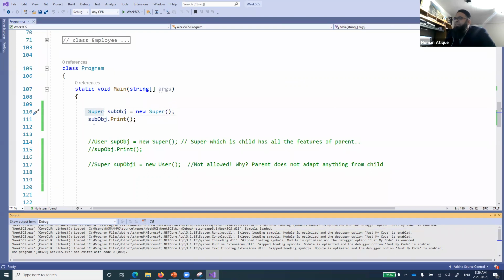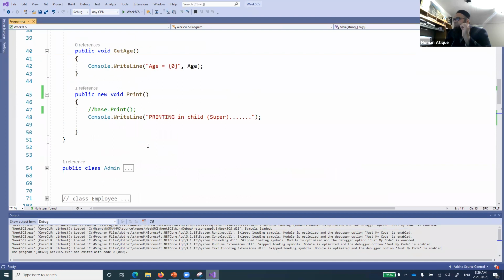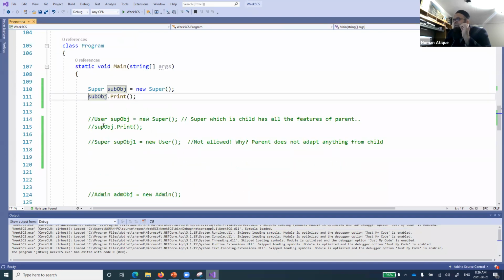So the other way of accessing that, again, we have discussed two ways. One way was to use the base method, base.print, the base keyword. And the second way is by using the reference variable of the parent class, and then we can access that one. And the third method of accessing it is casting this object. Now, what does that mean? Let me show you.